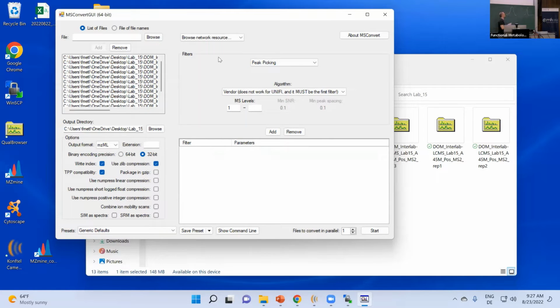So I think it does not do a nice fitting and then pick the maximum, but just goes to whatever is the highest data point, and that can have mass deviation